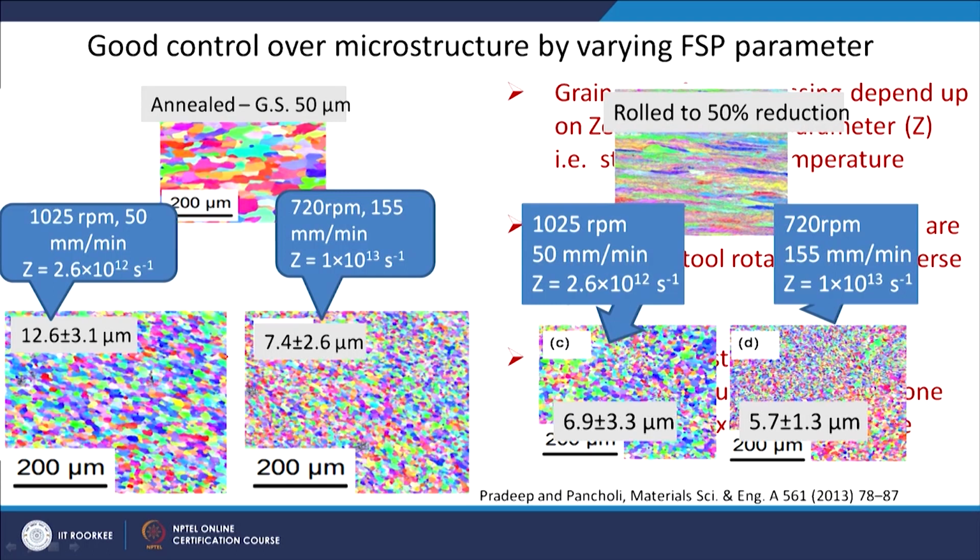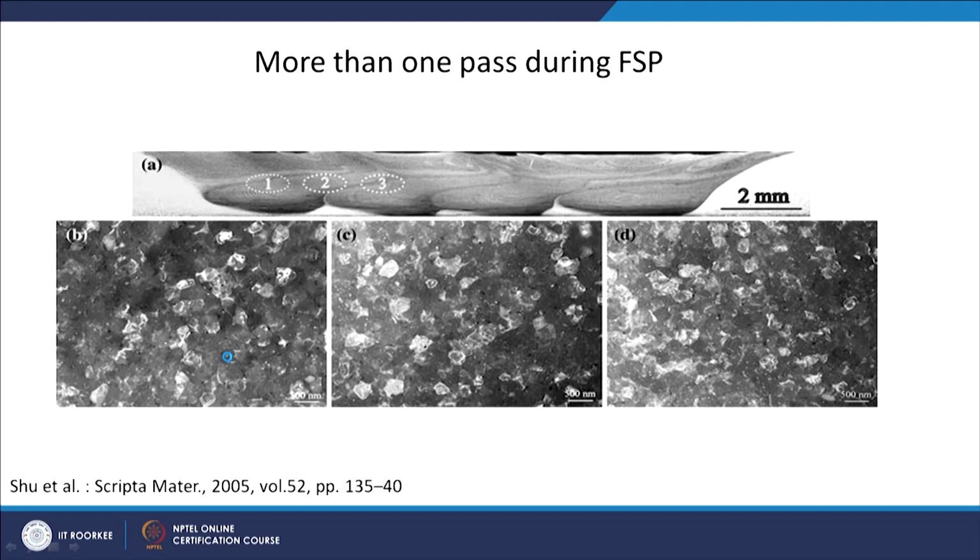The grain size achieved in case of higher temperature deformation is more, whereas at a lower temperature the grain size is fine. Now, another advantage of FSP is that by doing multiple passes I can extend the area of deformation. In one pass I can only affect maybe the area of around pin size. If my pin size is around, let us say, 6 mm, the area affected will be in that range only, 6 mm or so.